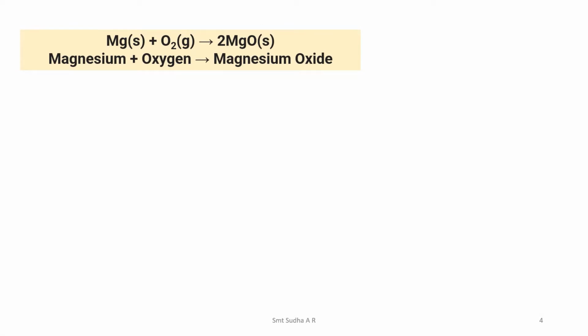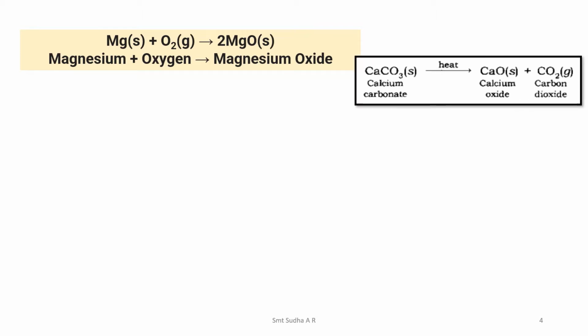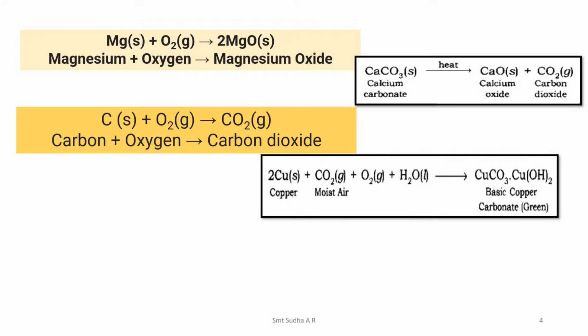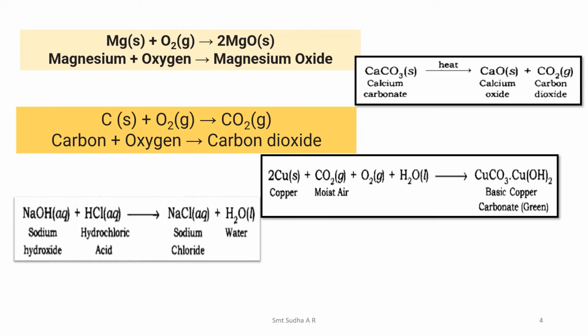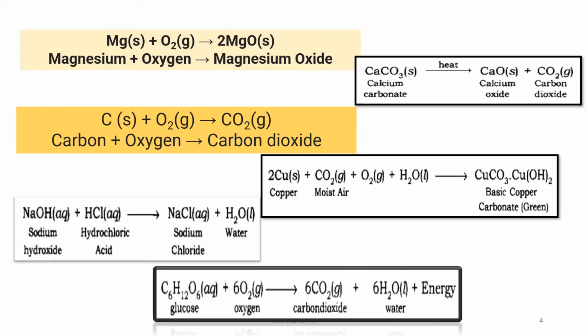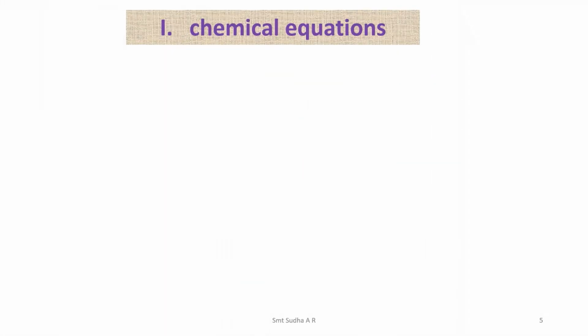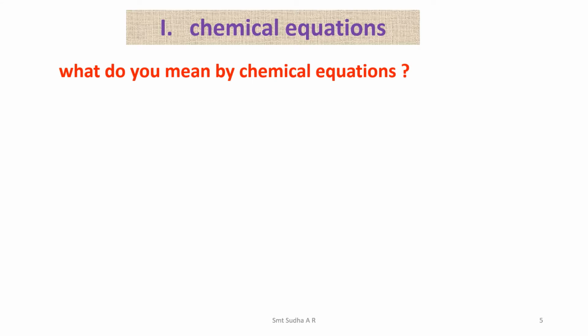When we consider the first question related to chemical equations, you might have seen this type of equations in your textbook. These are all called chemical equations. In this slide you are observing both forms, the symbolic way and also the word equations. Next, let us know about a chemical equation in detail.